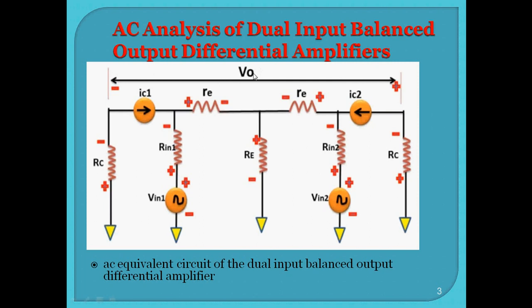The polarity of the output voltage obtained is given such that the voltage at the collector C2 is more positive than the voltage at collector C1, in spite of the collector voltages being negative with respect to the given input voltage. We can see that this is the given input voltage, plus to minus as we have indicated, but the collector voltage obtained is negative, as the voltage developed across this resistor RC is nothing but the collector voltage, which is negative with respect to the input signal Vin1.